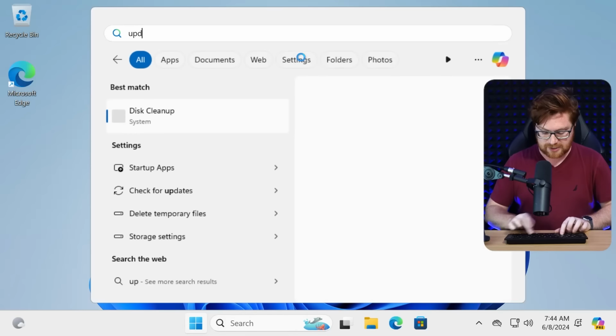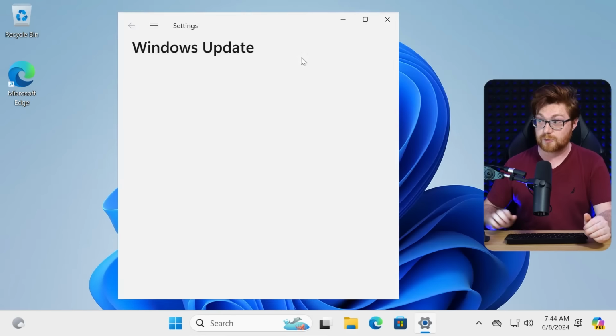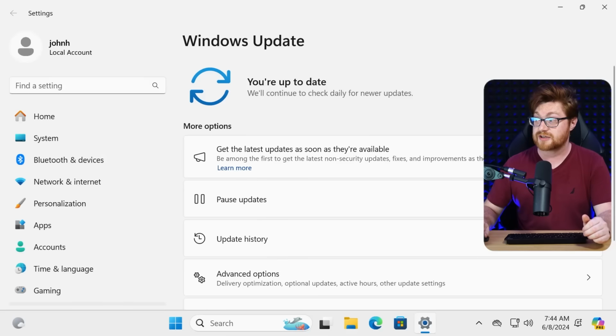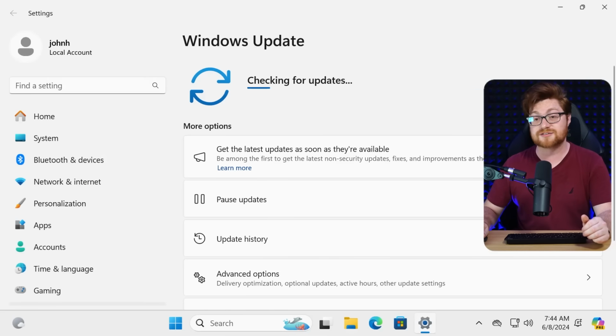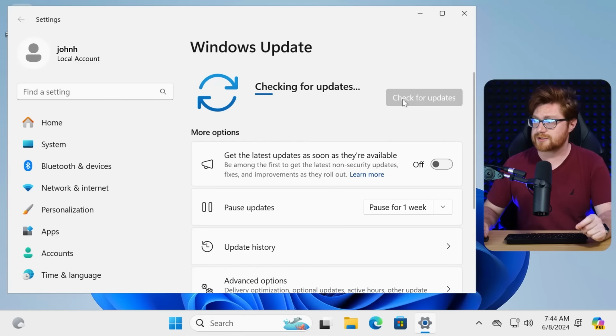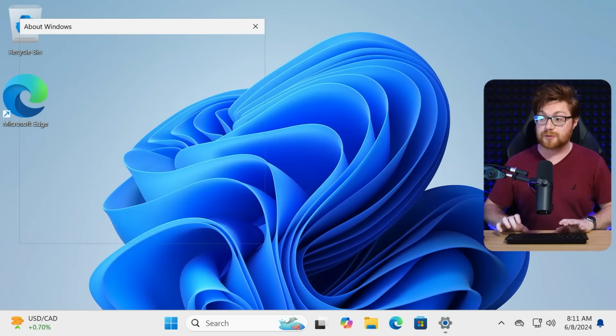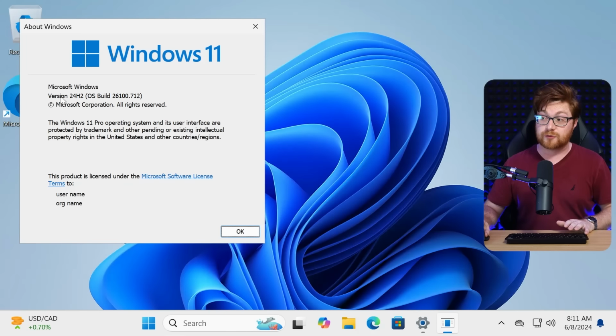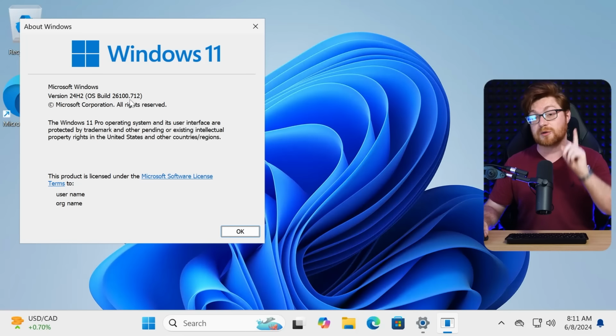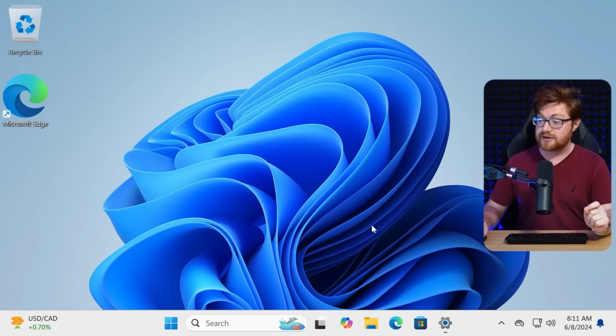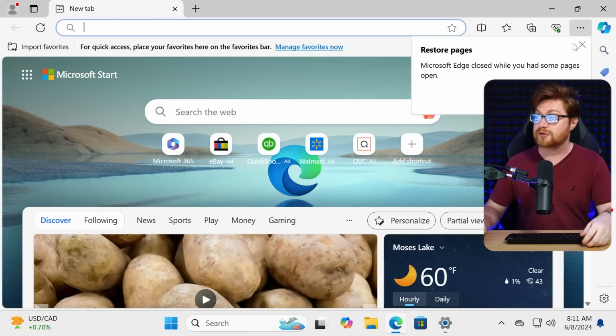But ultimately, we'll open up Windows Update. We will need to check for updates, in which case that'll tell us we actually have some new things to download here. I just click that blue button, check for updates, and it'll do its thing. You'll want to make sure that Windows Update ends up installing KB, or knowledge base, 5037850, in which case you'll end up seeing with the winver command you're now on version 24H2 OS build 26100.712. Once that is finally done, you can open up your web browser and head over to GitHub, where we'll get to use that sweet tool at